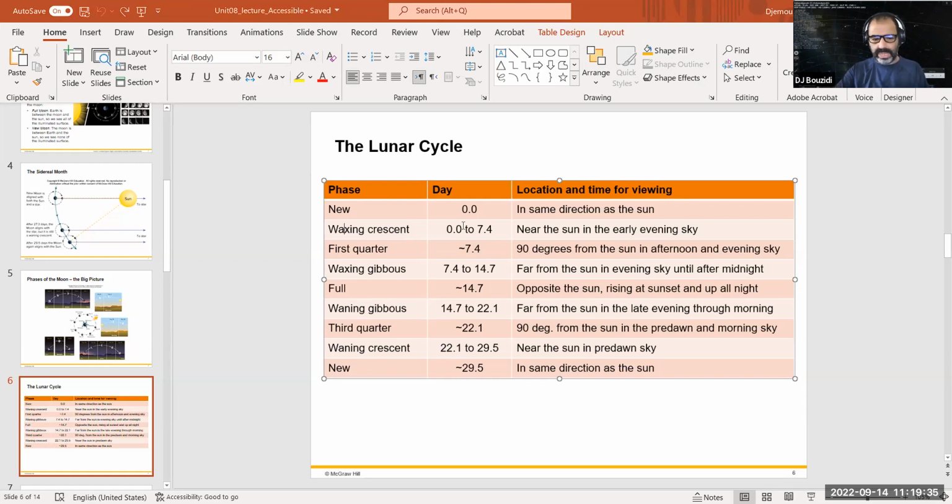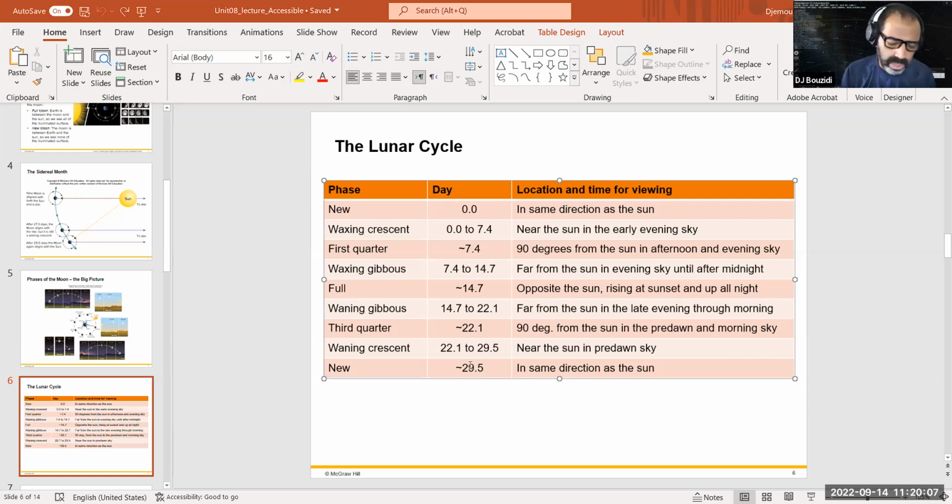Okay. So this is a waxing crescent from day 0, from the new moon, to about 7.5 days. Around 7.5 days, it's a first quarter. Then it's a gibbous, increasing and bulging, from 7.5 days to about 15 days. So it's a waxing gibbous. Around 15 days, it's a full moon. And it's a waning gibbous from that time on, all the way to about 3 weeks after the whole thing started, 22 days. And then it's a third quarter from 22 days to around